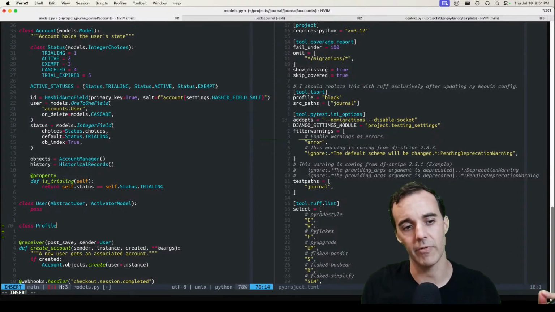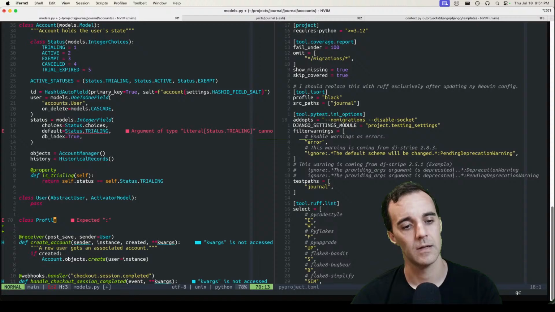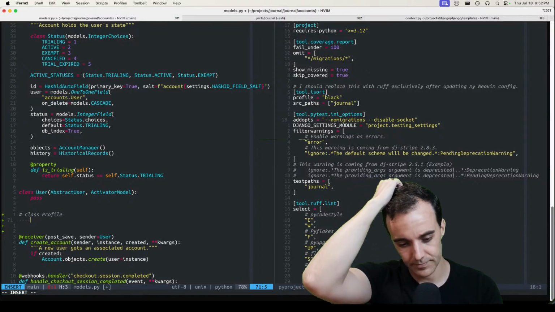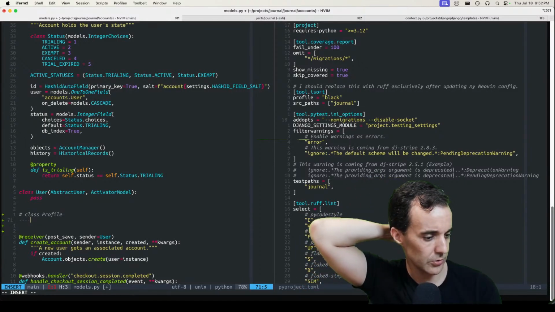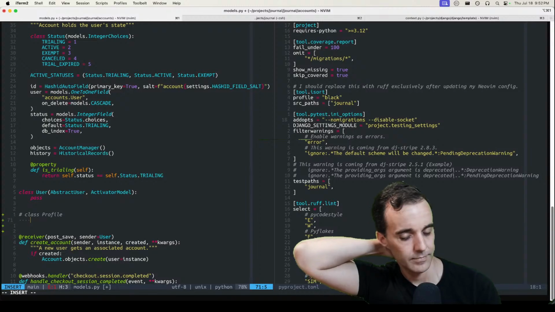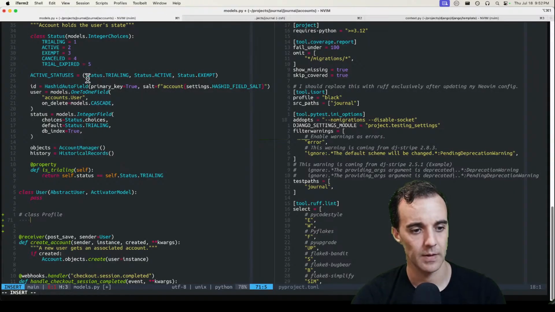So I'm having a debate in my head right now. Let's see, what would I call this? We'd either have, well, forgetting where we put it, whether it goes on account or on the profile, but the field would be something like, what should we call it? What do I want to call this thing? I'm having a brain fart. It's because it's not the sign up email. It's like